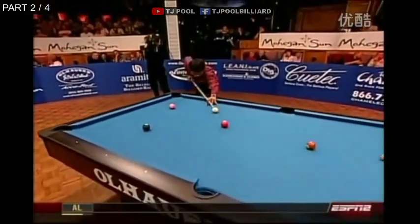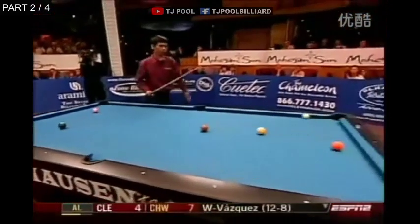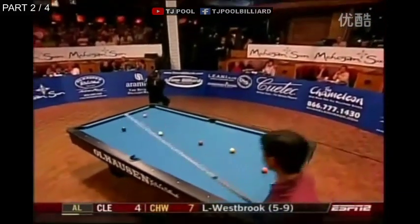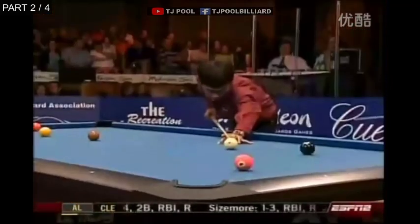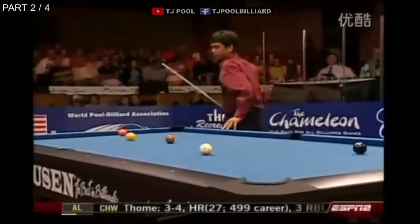He's going to have any trouble getting back to the 4? No, he's going to come down 2 rails, probably back in the center of the table. 1, 2, and back toward the center. This is a very, very confident player right now, I'm telling you. I'm sure he is. And here coming down for the 5, and I'll tell you what, I like the way